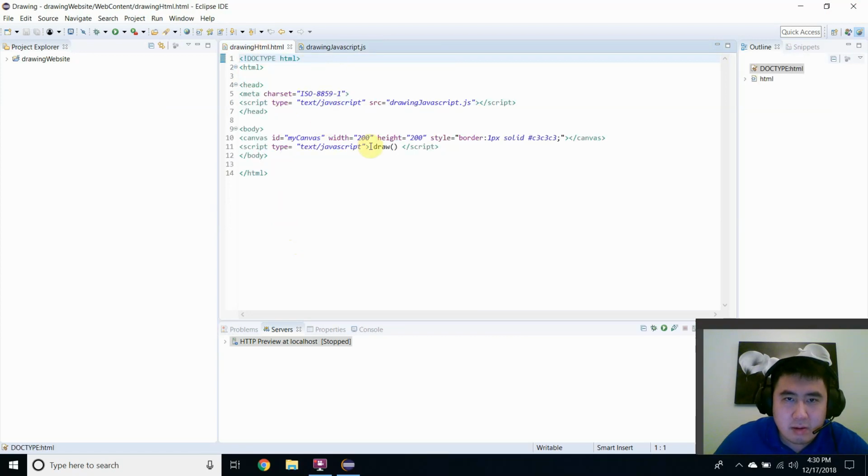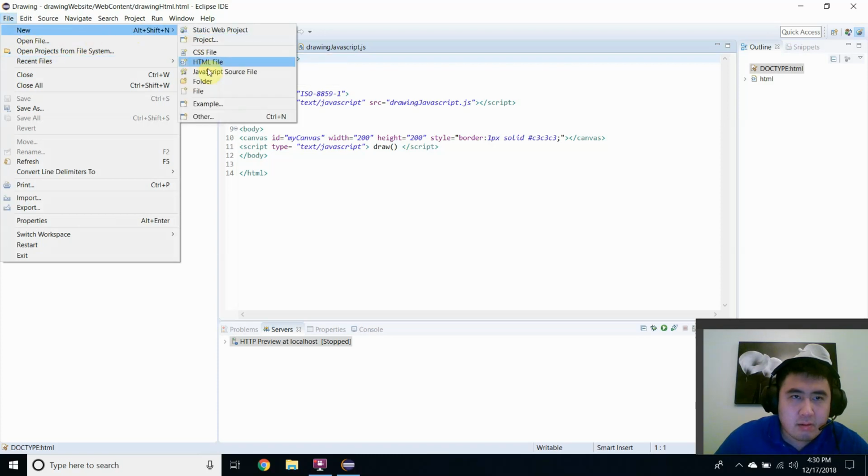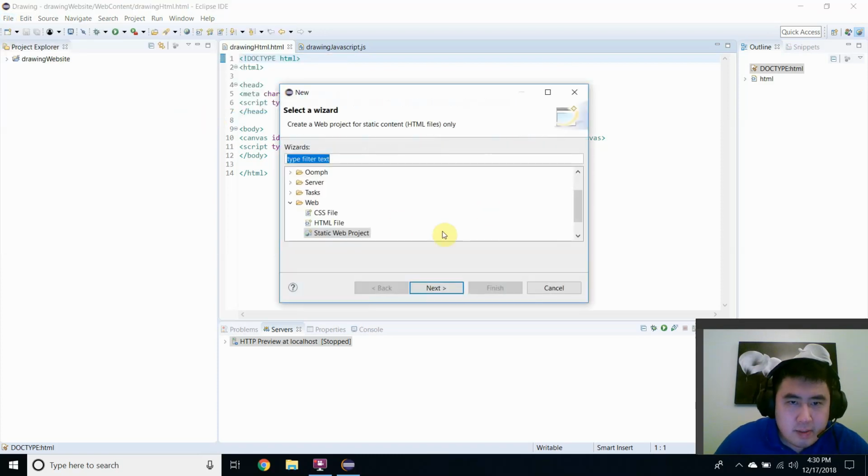Create the draw function, put it down here, and play that JavaScript down here, and you click save from before. When you create this file, remember to click other and click static web project